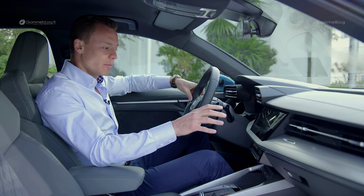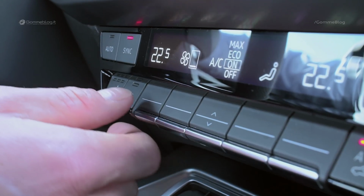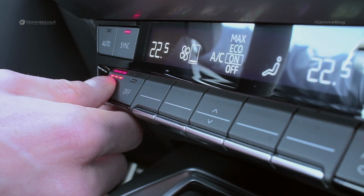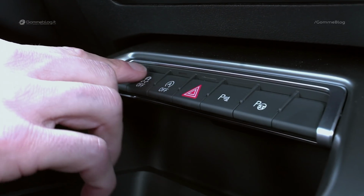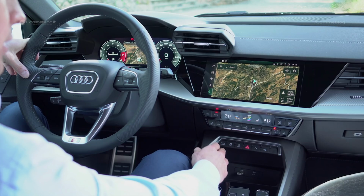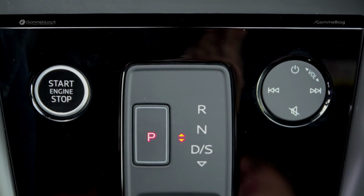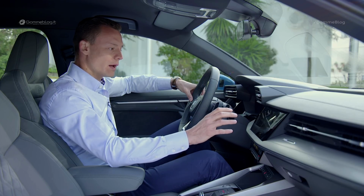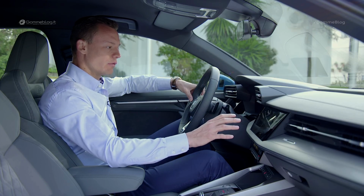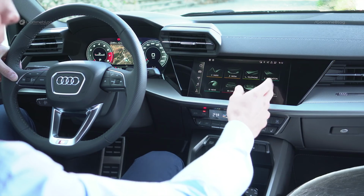Underneath this digital cockpit, we have a variety of functions which are still on hardware keys. For example, up here is the climate control. Underneath, the switch bar with a variety of driving functions, the drive select button, the parking functions, and then in the middle console the volume switch. If you go back up to the touchscreen, we have all the infotainment functionality up here, and the interaction with the MMI is